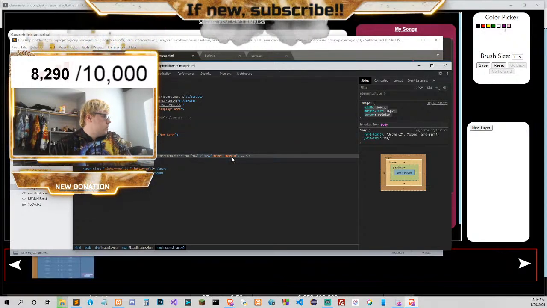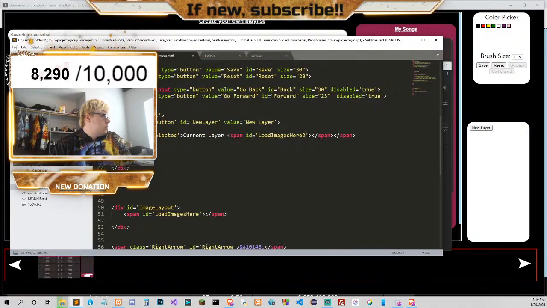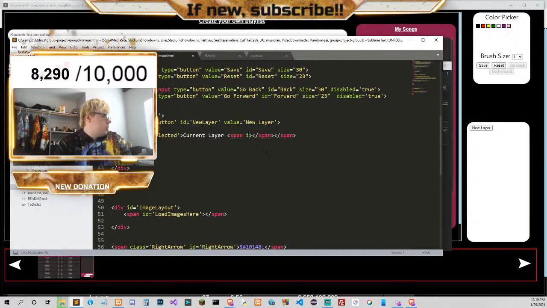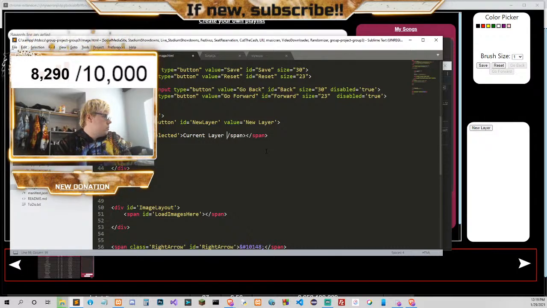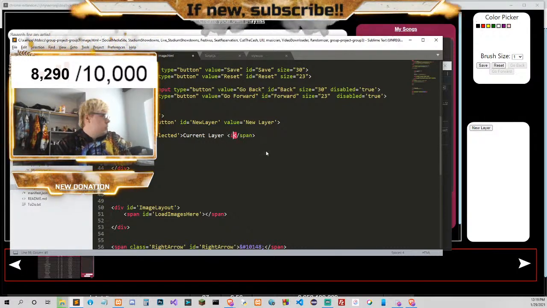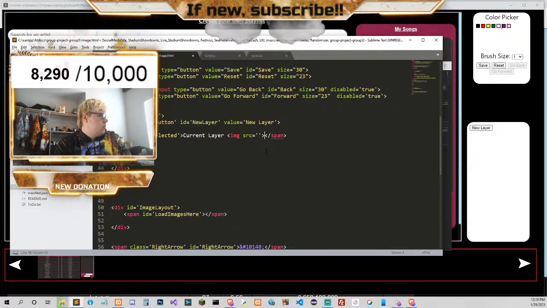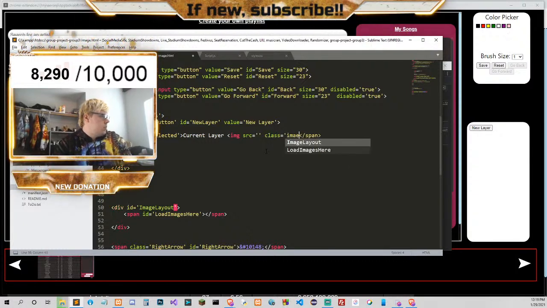Load images here. So we're gonna do this. Instead of this, we're gonna do image source equals this, class equals image.